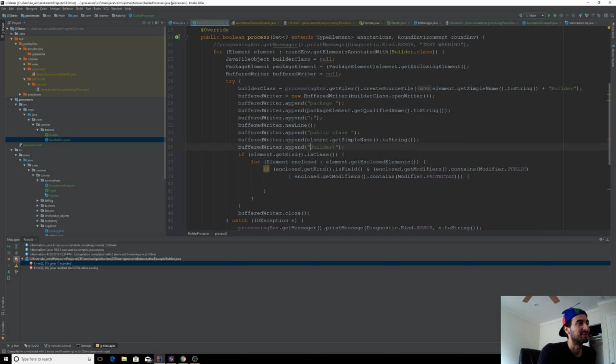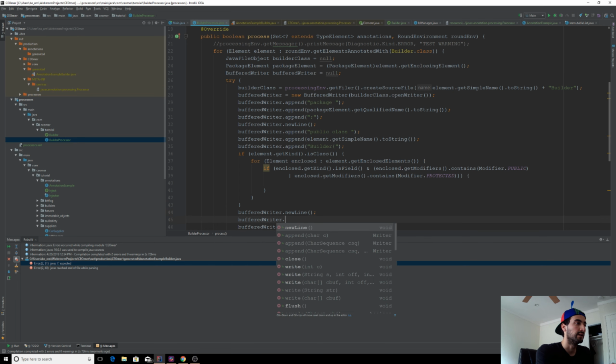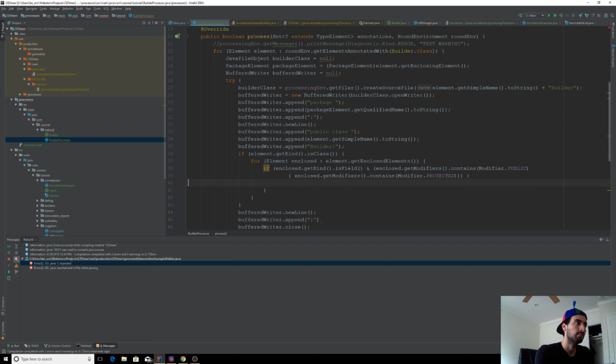Yeah, there's no space here. My bad. Okay, before we close, I'm going to add an end. Why don't I just add a new line there? Operator and closing brackets for the full class and active right here. So if you run the whole project now,